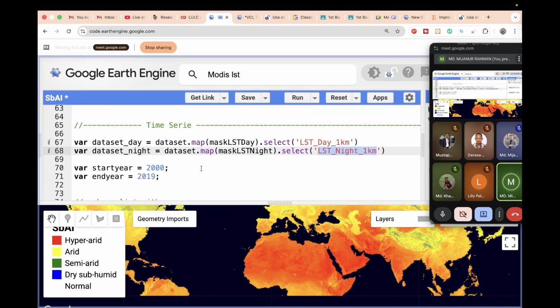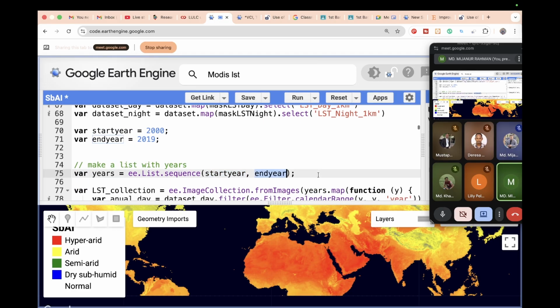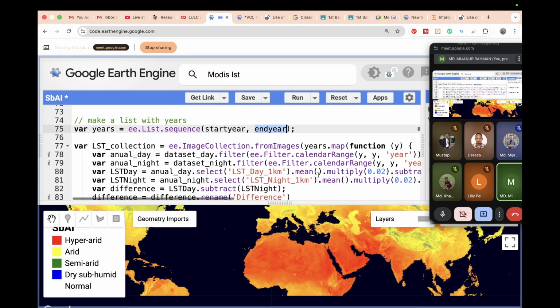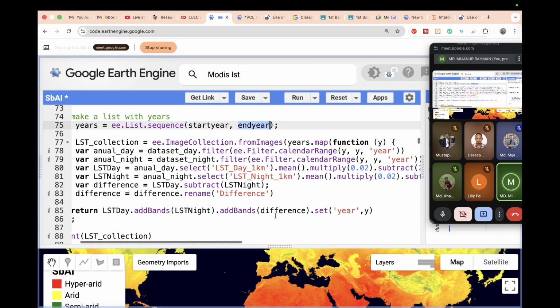And I want to make the time series chart from 2002 to 2019. This is my time period. So further I simply make the list, start year and end year, to make the sequence, and then we create the time series chart. For the time series chart, ee.ImageCollection from images, we just already defined the years,